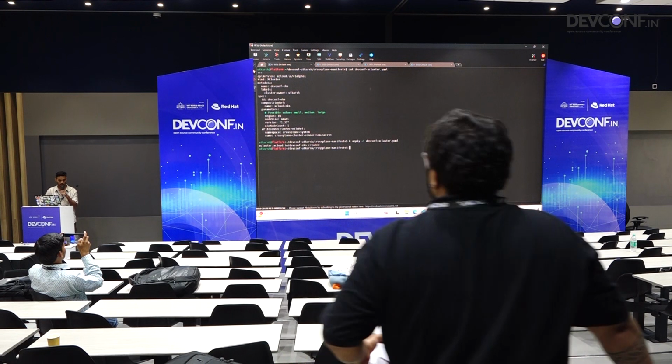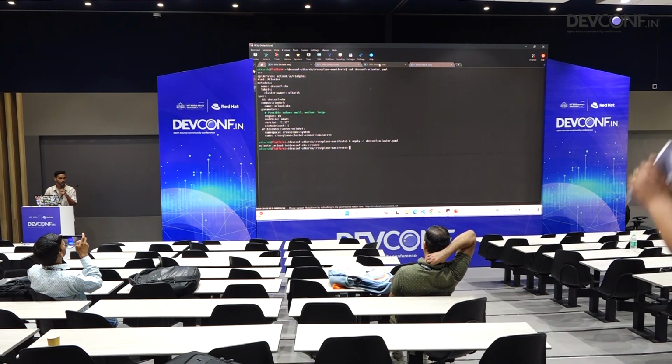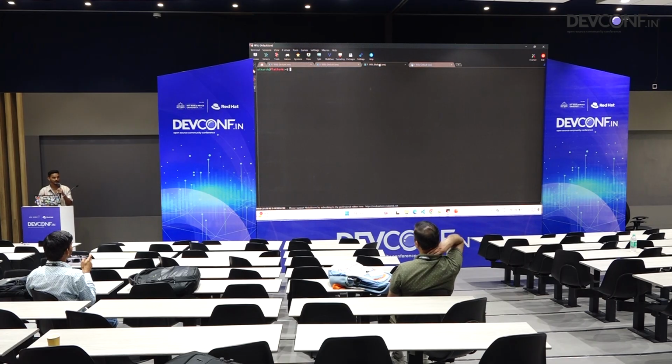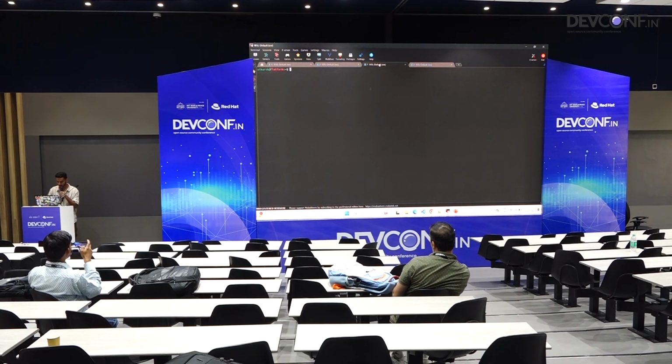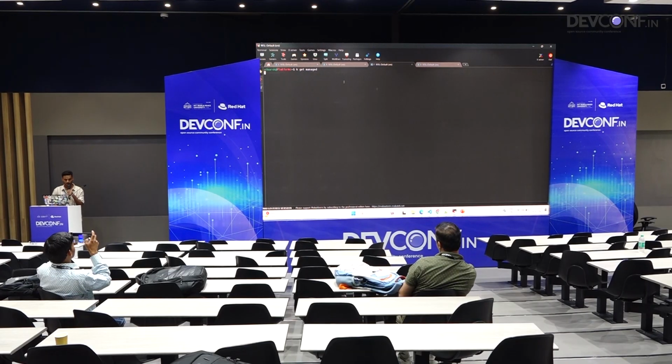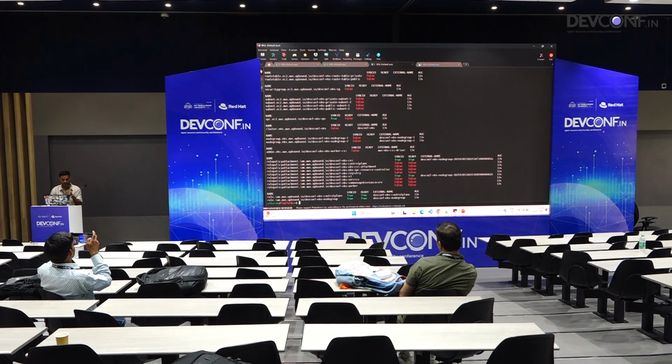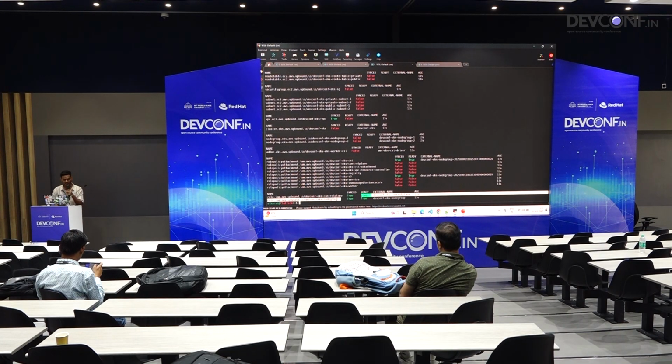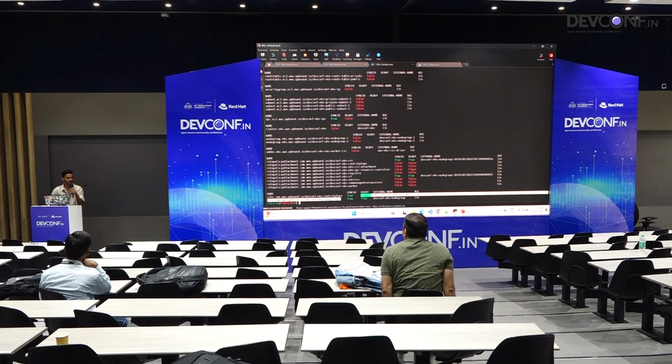Okay, so it has said that something is created. If you want to see all the managed resources, the singularities of that composition, you can do a kubectl get managed here, and all the managed resources will be listed in a Kubernetes cluster, still in the Kubernetes domain. As you can see, some have said that Ready is true, because IAM roles will not take much time to get created in AWS, but a container takes time in Kubernetes. Similarly, an EC2 instance takes so much time to come up. So till that time, Crossplane will keep hitting the API and see if the ready state is achieved or not.